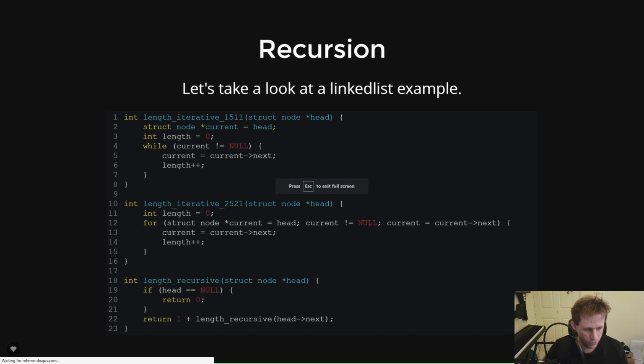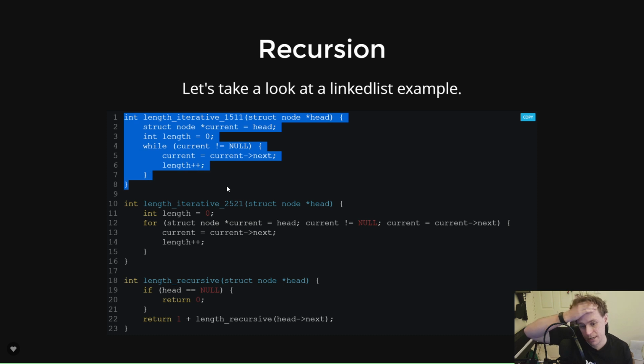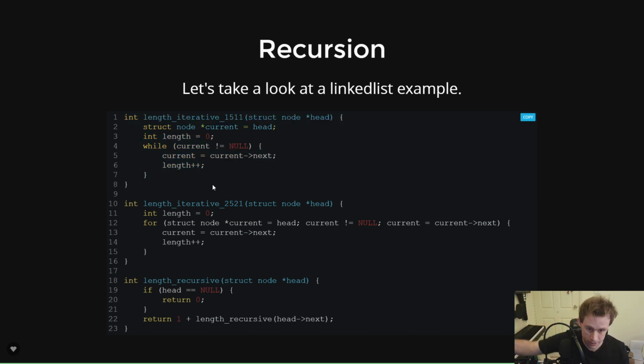Essentially, if you go and look at what you might have done for 1511, if you had a linked list, this is all about linked lists, which I'm hoping you remember. If you don't, you can go revise the linked list content we linked in the first lecture. But essentially, if you got given the head of a linked list,